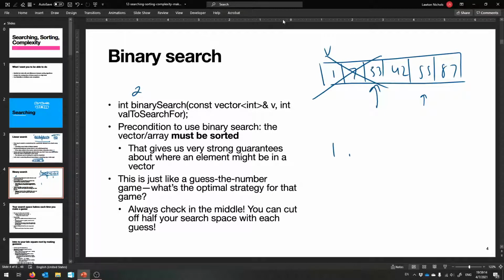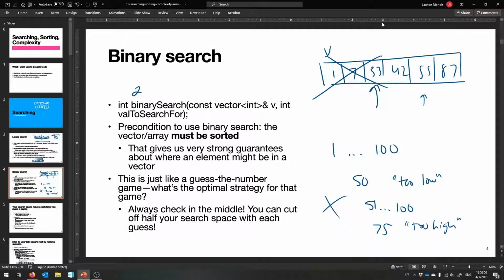Let's say I am asking you to guess a number between 1 and 100 inclusive. What is the first number you should always guess if you want to be right as quick as possible? And the answer is 50, right? Because that cuts off your search space. If I tell you it's too low, then you know to guess between 51 and 100 now. You cut off this side over here. That's the goal. And then what's the next thing that you'll check? What's halfway between 51 and 100? 75-ish, right? You'll say 75. And that'll be in the middle of this little interval. And if I tell you that's too high,